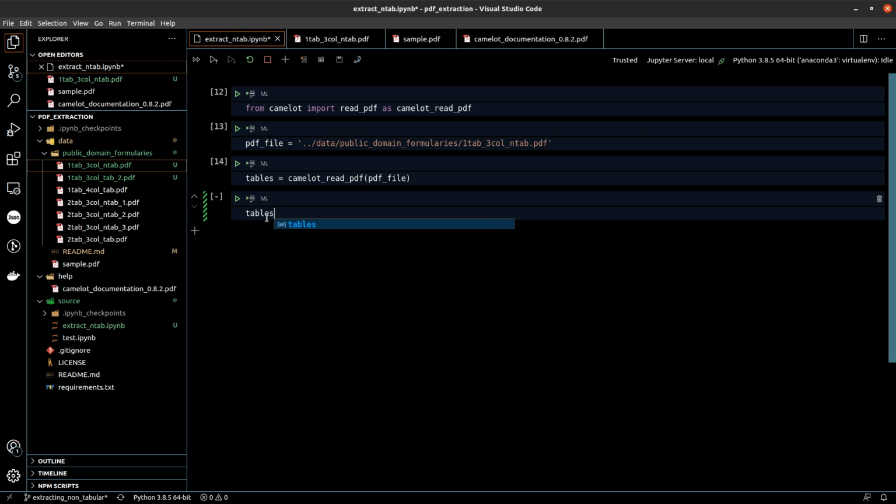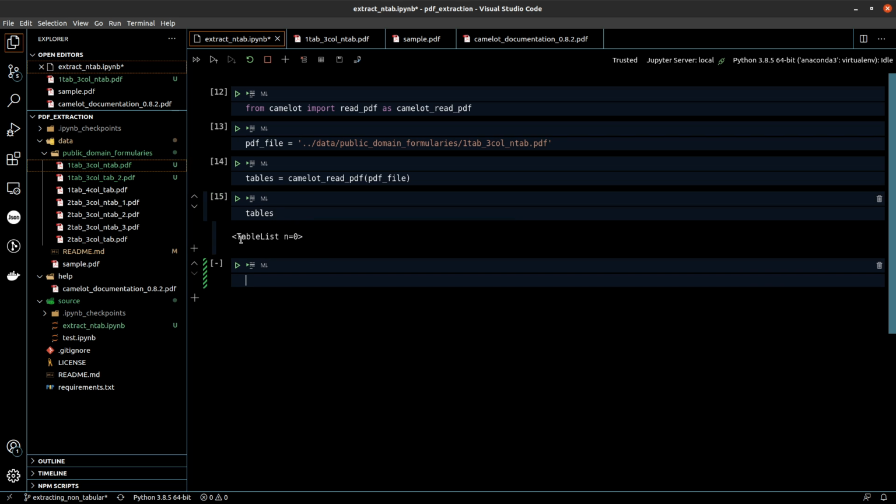Okay, so now you can see we have got nothing out of here. So there is no tables as such here. It's an empty table list. The reason for that is since we didn't pass any of the parameters, let's see in the documentation what